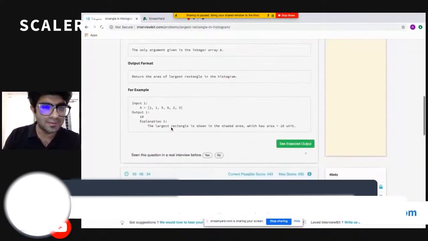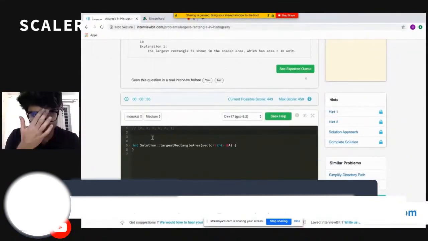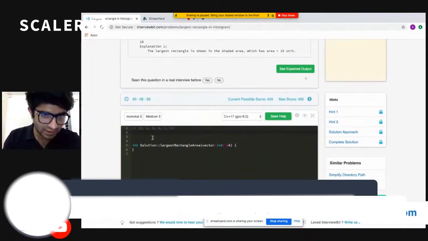Okay, let's write the code for this question. Now let's say this is the case. Let's first try to dry run this. Okay, now for 2, I know that the nearest minimum element for 2 in the right hand side is 1, and in the left hand side I don't have any element. Fine, and so I just end up with the contiguous segment of one element only for 2. So that means for 2 my answer will be just 2.